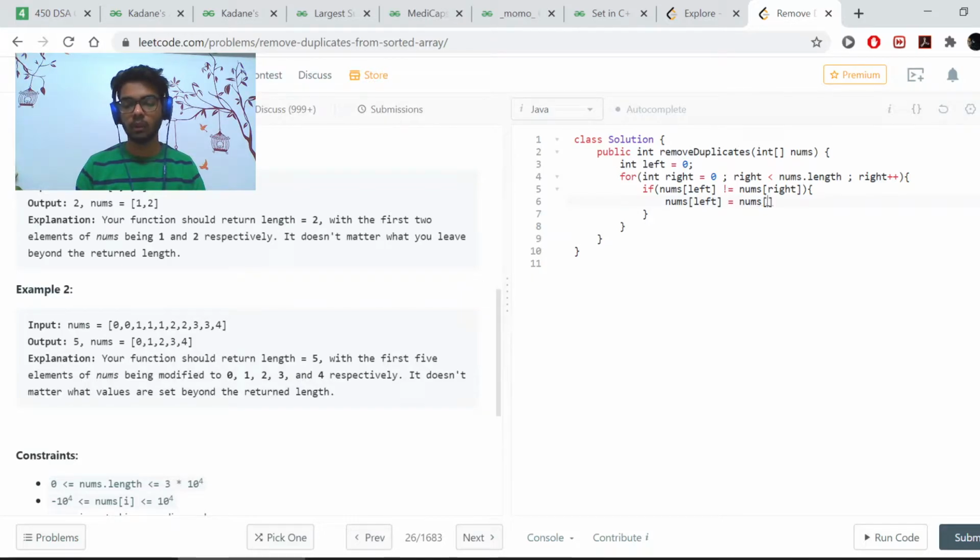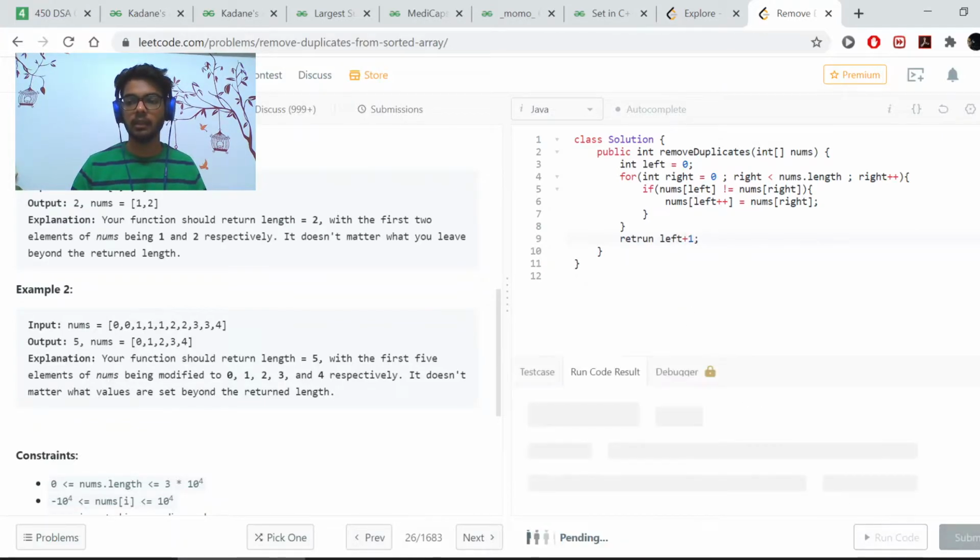And what else do we want to do is, we need to increment our left. So I'll be using this way to increment our left, and at the end, since we need to return the resultant size, we can simply return left plus 1. That is it. If I try,